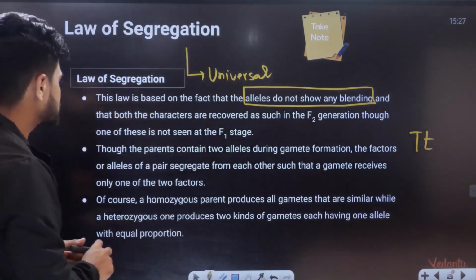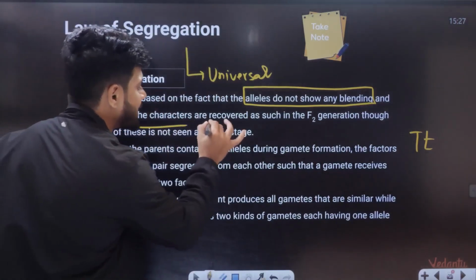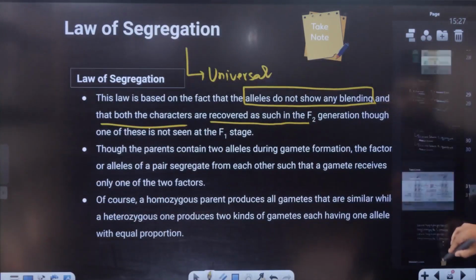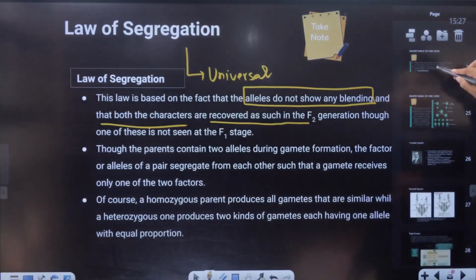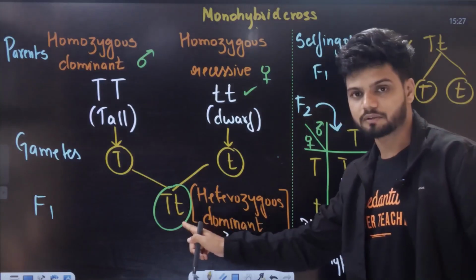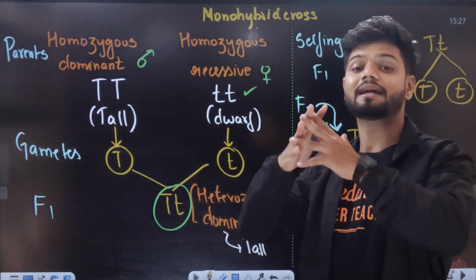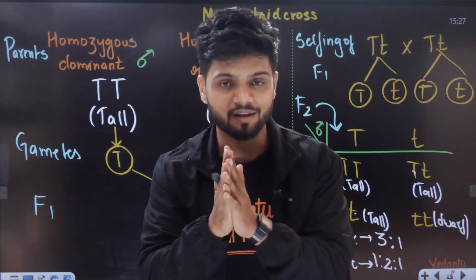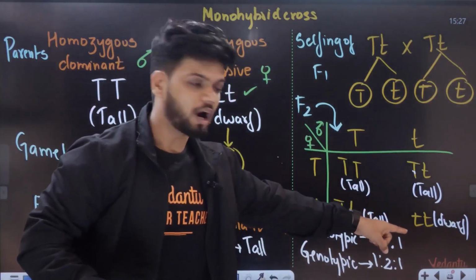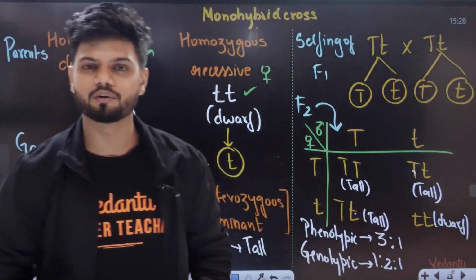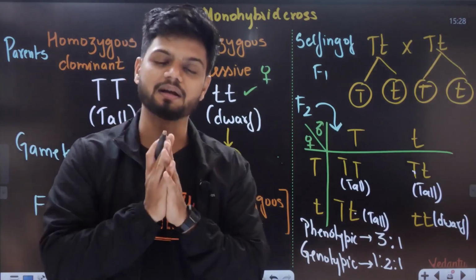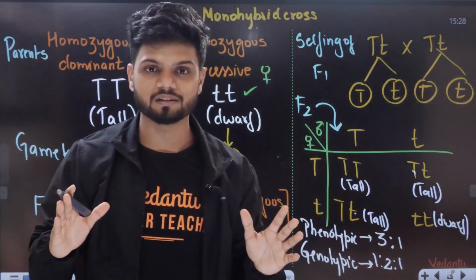I'll tell you an example. One proper example is there. Both the characters are recovered as such in the F2 generation. Understand, students. If there was blending, we'll go back to your monohybrid. Now students, here we have capital T and small t. If there was blending, then how can we get small t again? How is the small t even coming up again? Not possible. So the scientist Gregor Mendel is saying alleles do not blend, they segregate separately during